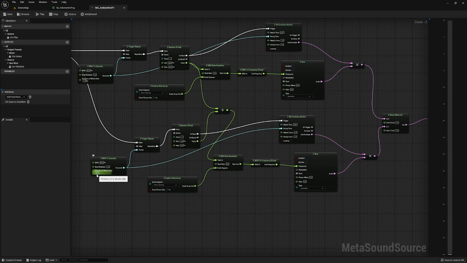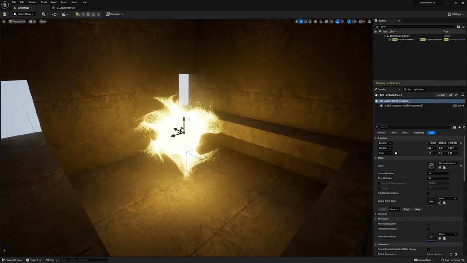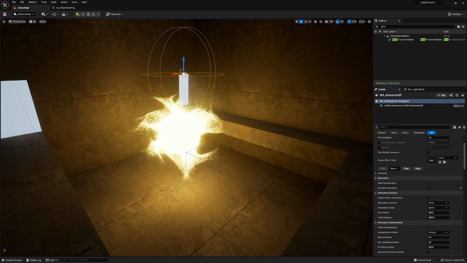Cool, and we can change how frequently those other notes play. See how easy that was? I really love doing this. Let's go ahead and put that into the world. Okay, so I'm going to just drag this in. But it's also a good idea for me to set up a little bit of attenuation. So I'm just going to override the attenuation so that it just fades off as we move away from it.